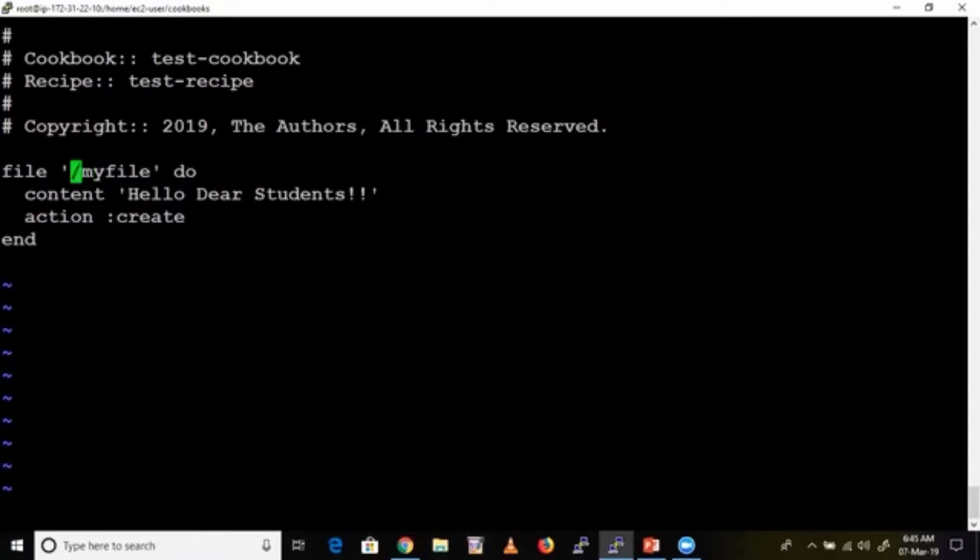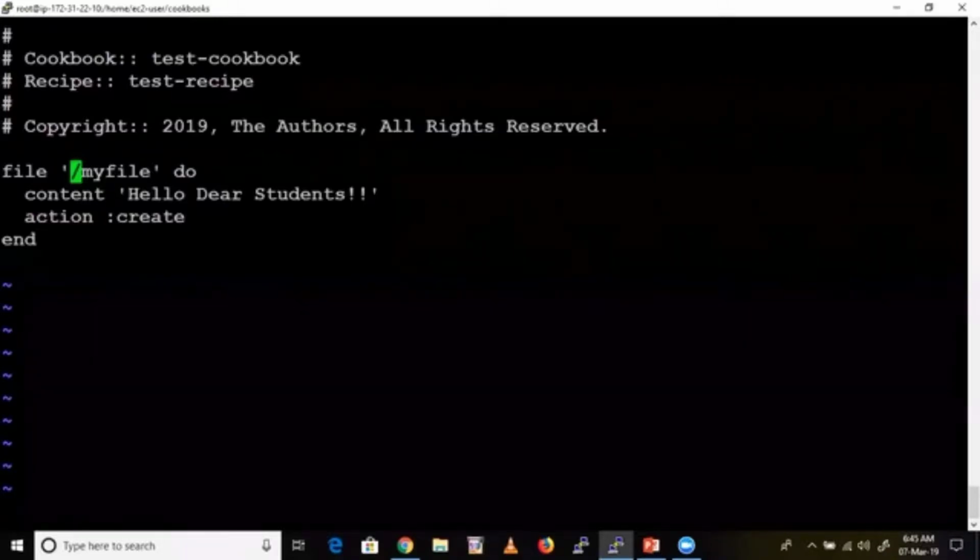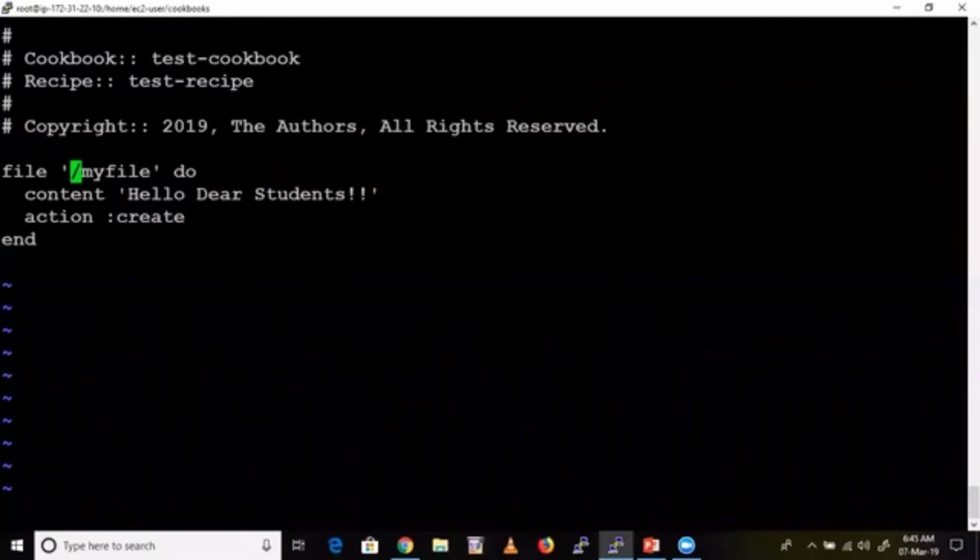So what is the use of this file? Why is it creating it there, and what is the use of that? No, I'm just creating one sample file. You should know how to create a file. Suppose you want to create one file on all 1,000 machines. I told you, right, we write some code and convert the code into infrastructure.